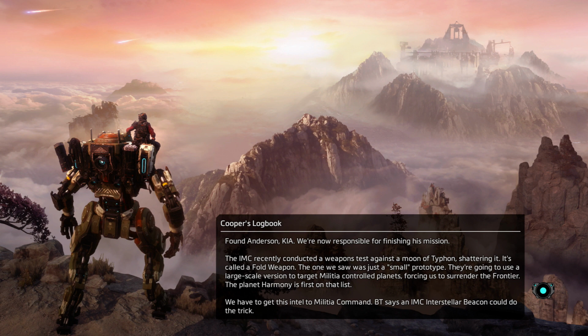Cooper's logbook. The IMC recently conducted weapons testing against the moon of Typhoon, shattering it. It's called a fold weapon. Alright, the one we saw, apparently it's portable. Small prototype, alright, maybe fits in a briefcase. They're going to use it as a large-scale version to target militia-controlled planets. They're shooting up planets? For the good side? Against the bad side? They have to get this intel to...